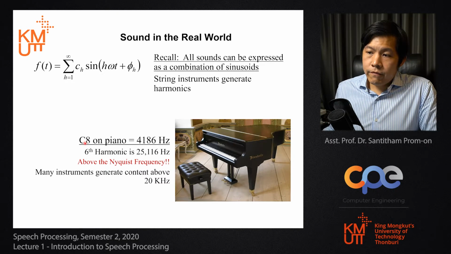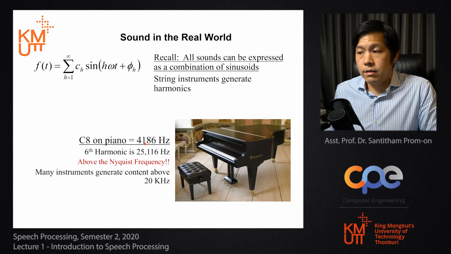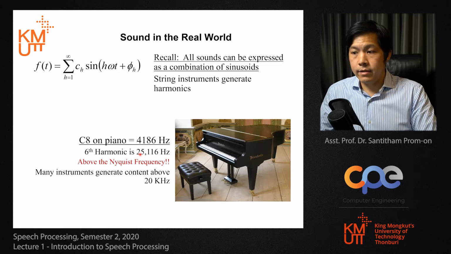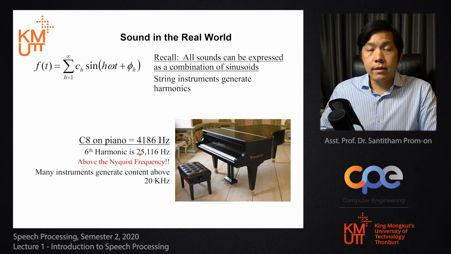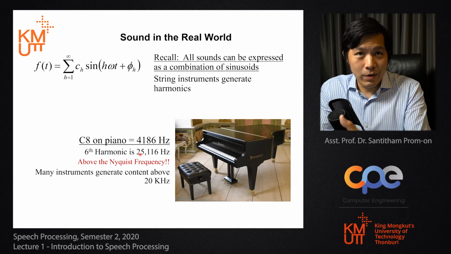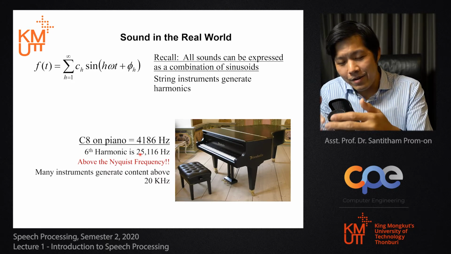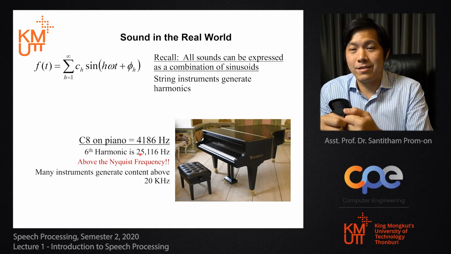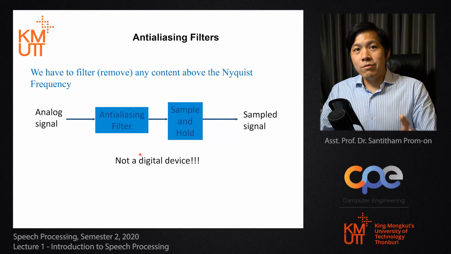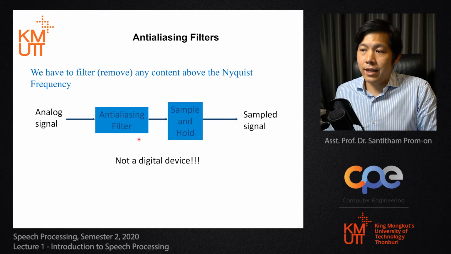So if on the base level, C8 has the fundamental frequency of 4000 hertz, the sixth harmonic is 25 kHz, much more than 20 kHz, right? So it's much more than the Nyquist frequency of the CD. That's why the A to D device right now can record up to like 192,000 hertz, right? So maybe for this recording. Okay. So in order to avoid that, when you record at lower frequency, you need to have this anti-aliasing filter